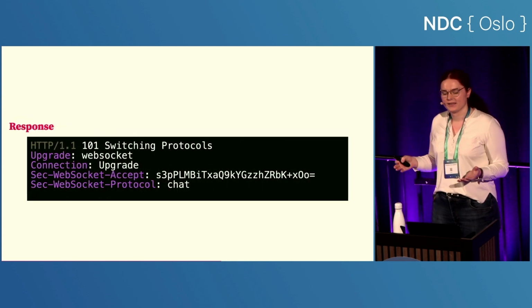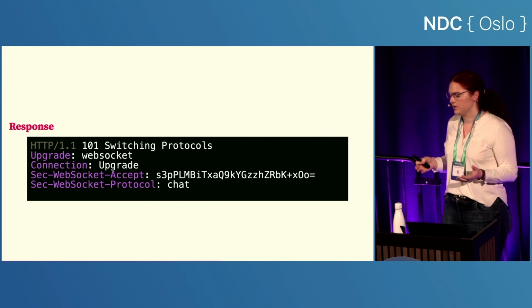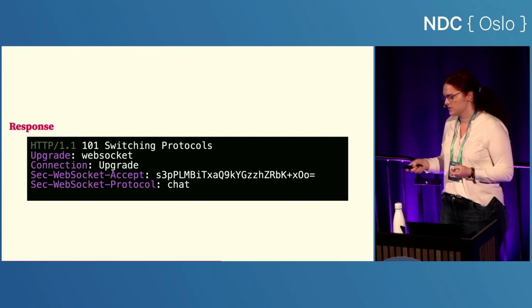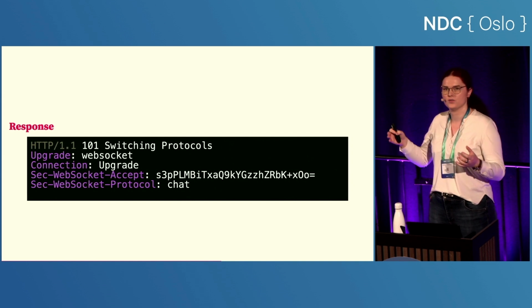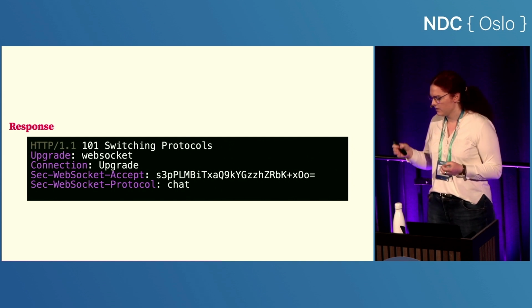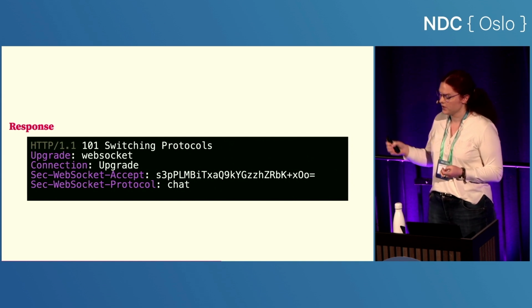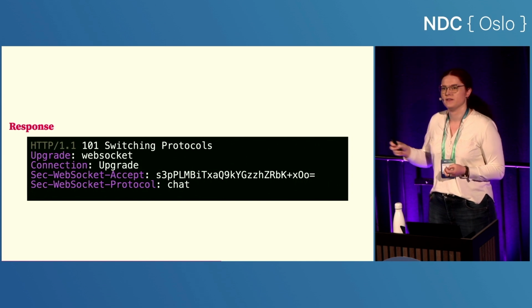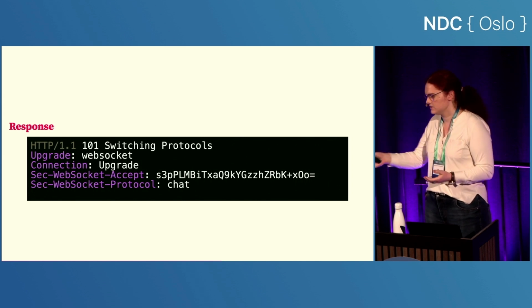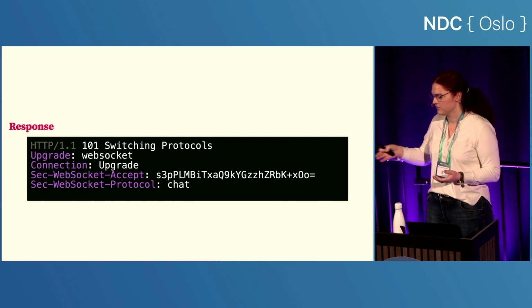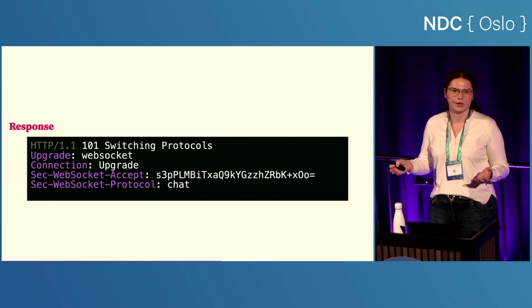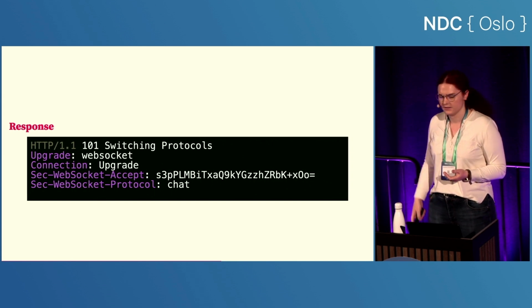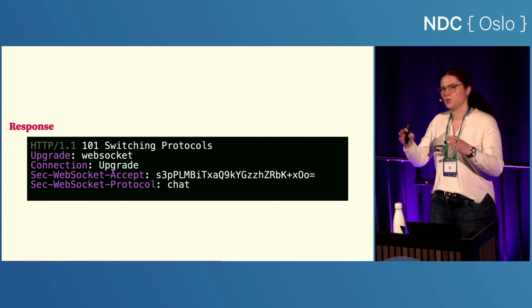So what you get back if the handshake part works out fine is this response right here. So you get a normal HTTP response. It echoes some headers back to you, Upgrade and Connection: Upgrade. And then it says Accept, and then it returns a value to you, which is the concatenated string for the cryptography thing. And then you get some information about which of the sub-channels that you wanted that you got, which is chat in this example. And from this point on,